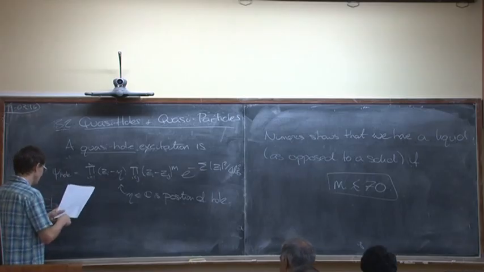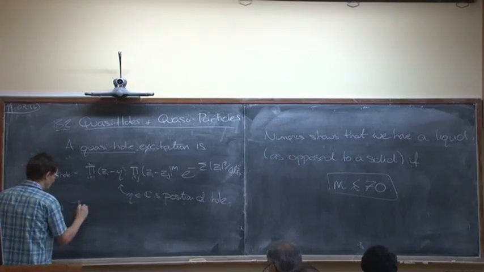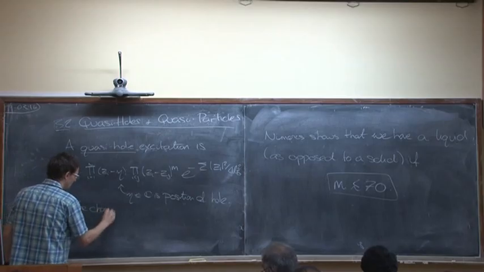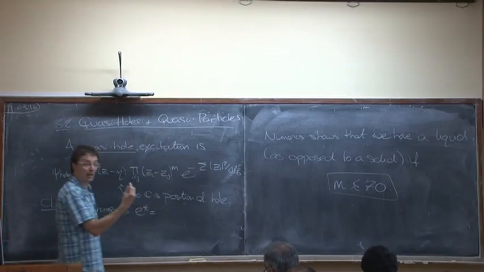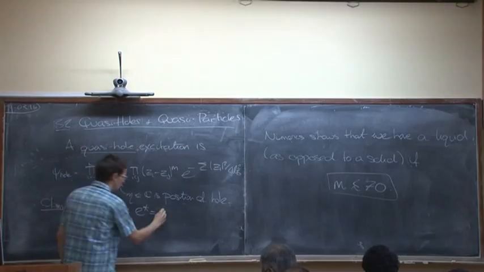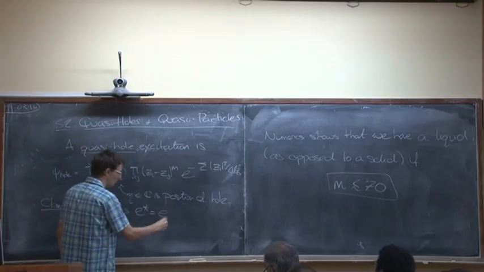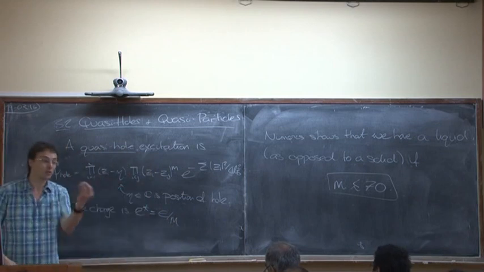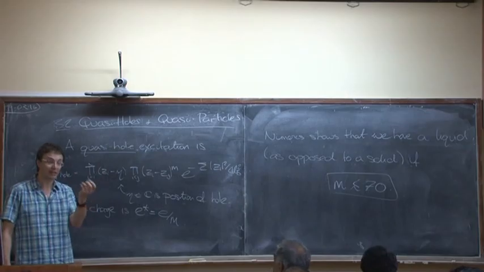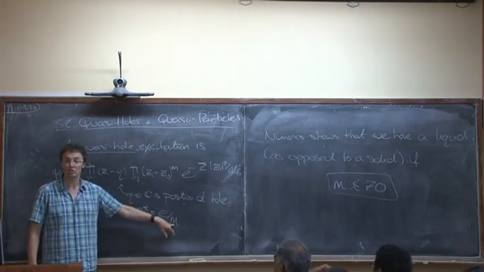So the first claim is that the charge of this state, called E star, and remember the electron had charge minus E. This has charge plus, because it's a whole number electron, E over N. So this is an object which doesn't carry the charge of the electron, but carries a fractional charge of the